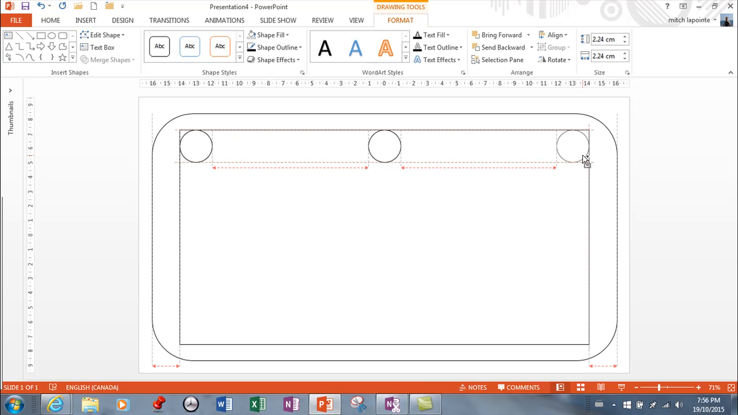But you see those two little double arrows? It's telling me that I'm equidistant. So the distance between the three are exactly the same. Very, very handy once again. Now, I used to be able to do the same thing, and you can still do the same thing by